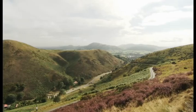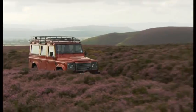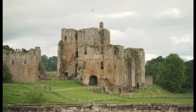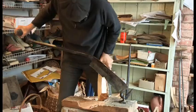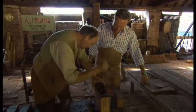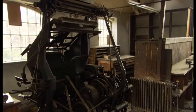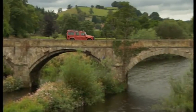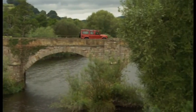We're travelling across the UK on a mission. All over the country, our heritage is at risk. Ancient buildings and monuments are under threat of demolition. Valuable arts and crafts are on the brink of extinction, and our rich industrial heritage is disappearing fast. We're scouring town and country in search of the nation's unsung heroes, determined not to let our heritage become a